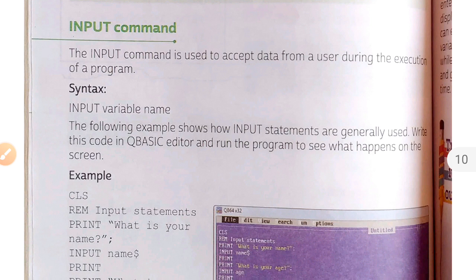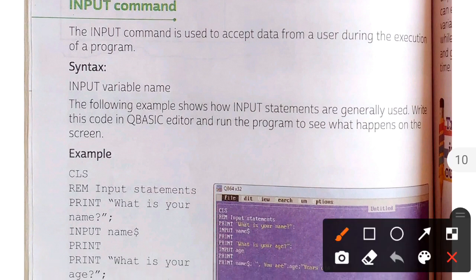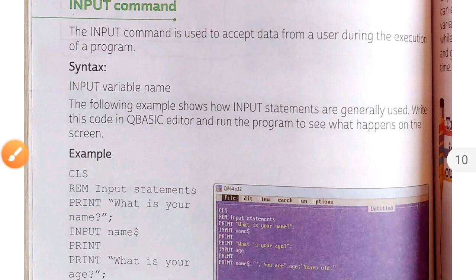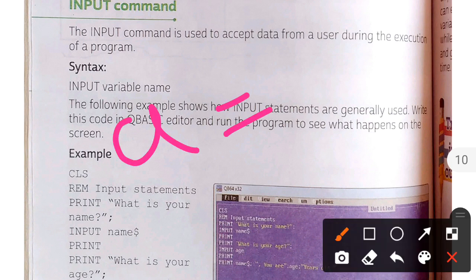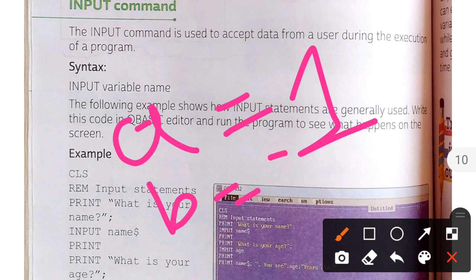In programming, the input command is used to accept data from a user during the execution of code. What is its syntax? Its syntax is input variable name. Variables we have discussed in our previous classes, like a equal to 1, or b equal to 2.